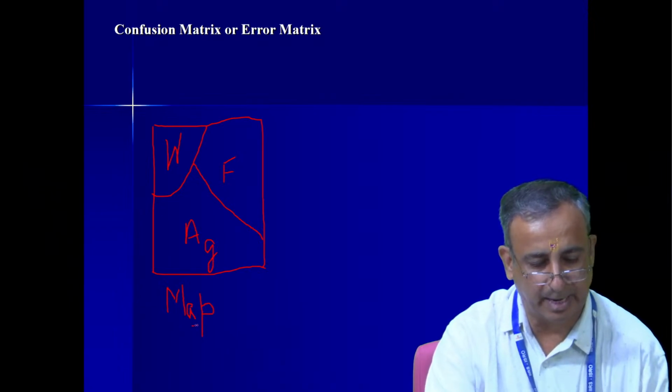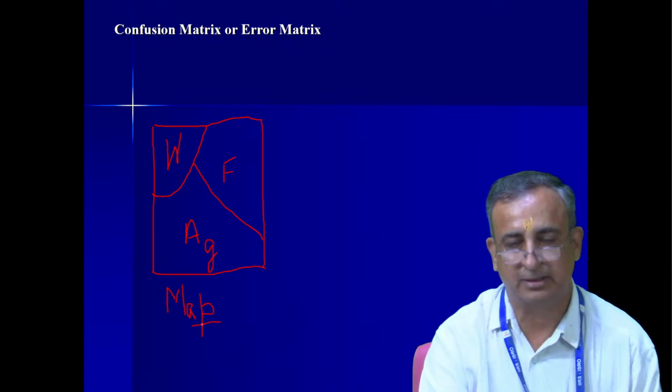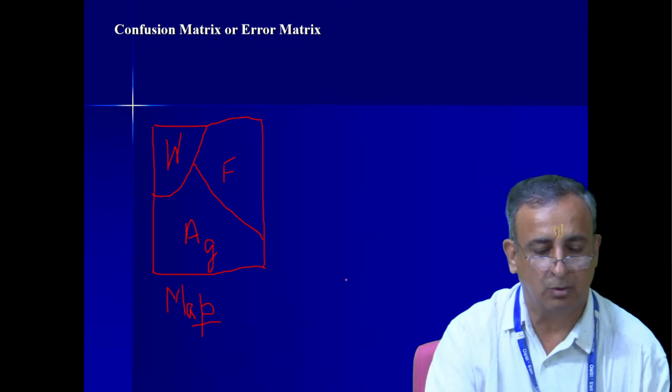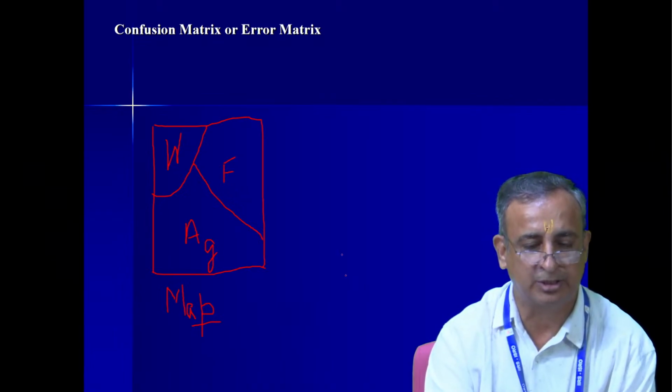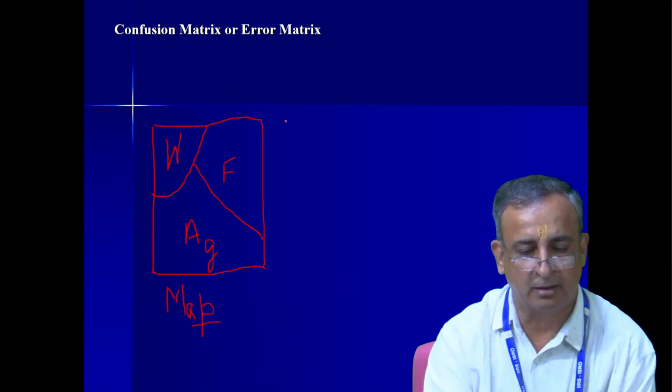So this is a classified map. Suppose there are three classes: water, forest, and agriculture. We have the map. Now to assess how accurately this map has been generated, we require the reference